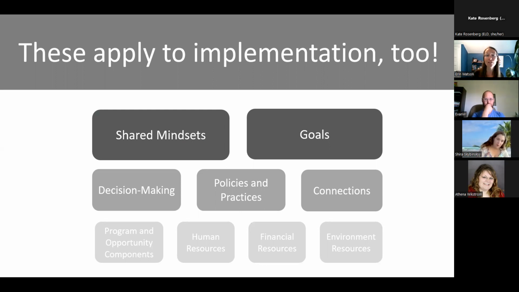Do people have the skills or connections they need to carry out that strategy? Sometimes those things aren't always in place. If your strategy assumes that people need to be working together, but there's no current connections or information sharing, that could be a problem. Will organizations have the technology or financial resources to carry out that strategy? If not, how do you address that? Will people have the opportunity to use your strategy given current policies and practices? Usual suspects here are funding rules, rules about how information can be shared. There's lots of things that could unintentionally get in the way of people having the opportunity to use it.